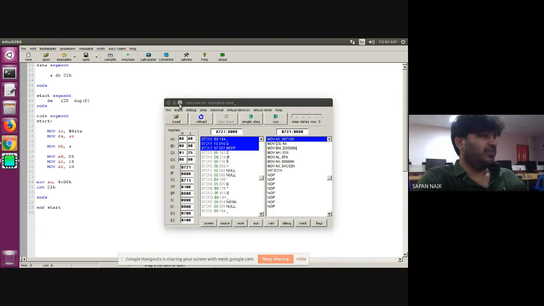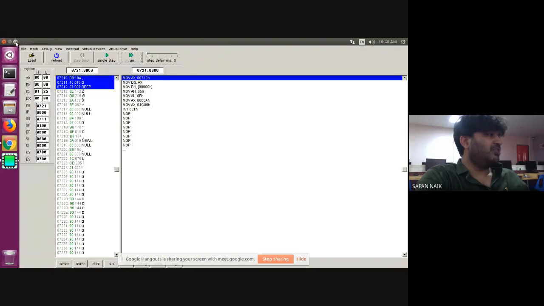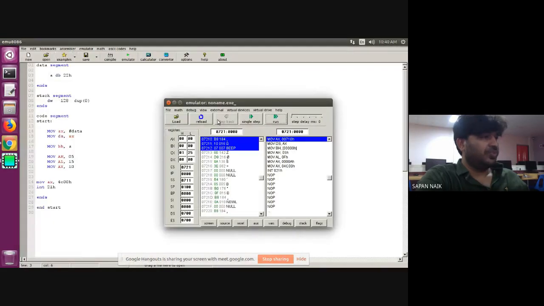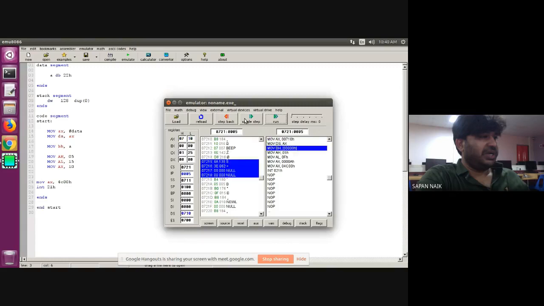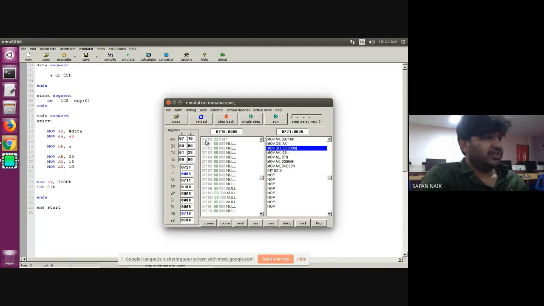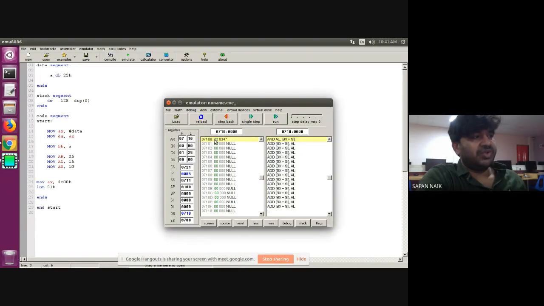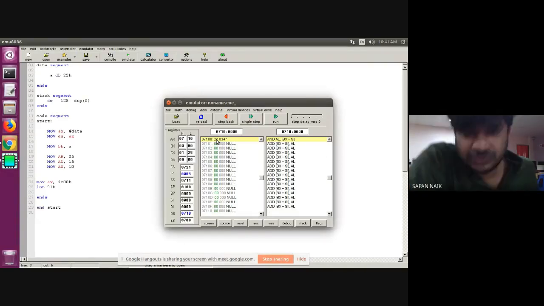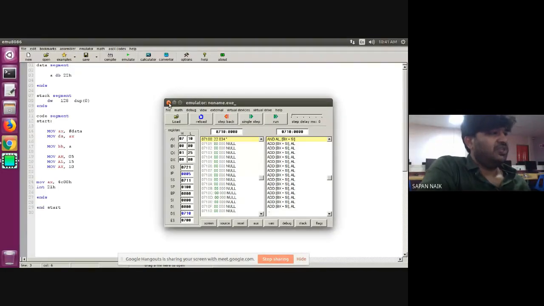If I go here, in the middle part you can see your physical memory that we have already discussed. My data segment is assigned at 0710. Your DS contains 0710. See it carefully. 0710, and on location 0000 my first variable is stored. So A is stored. And what will be the value in that? 22. Let's click enter. So as you can see, 0710:0000 has 22 stored. So if you want to see like this, you can see it in your physical memory also.